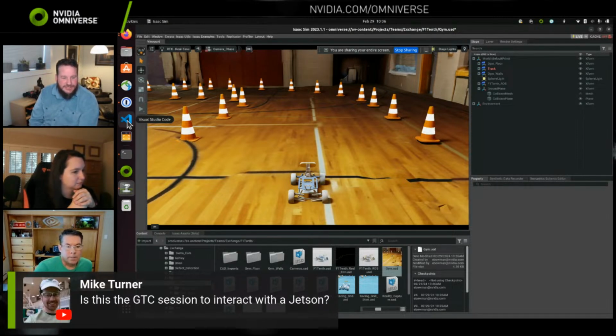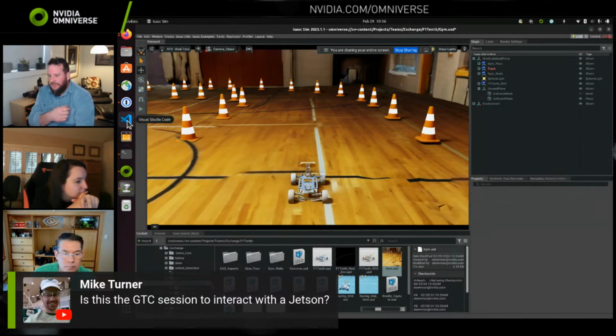Yeah, so in this GTC session, in the hands-on session that I'll be teaching, you go from just looking at the CAD template that makes this asset to what USD was used to automatically rig that, to building an environment to train it in, and then to actually training this car to drive around the environment.